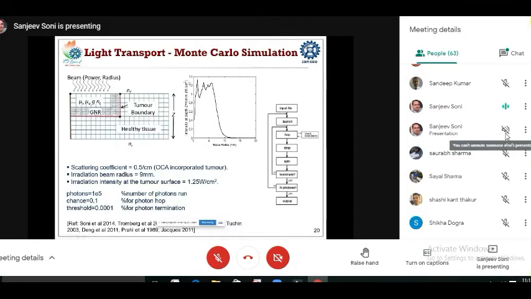For example, you can see here, if I just launch light onto this portion of the bare tissue, we are getting this kind of intensity profile at this interface. Once I know the intensity profile at this interface, I can model the plasmonic interaction for these gold nanoparticles and solve for the temperatures.